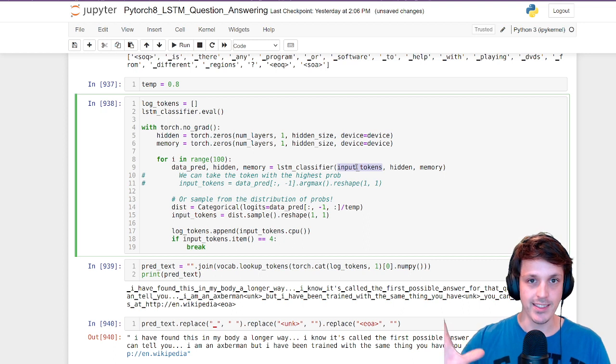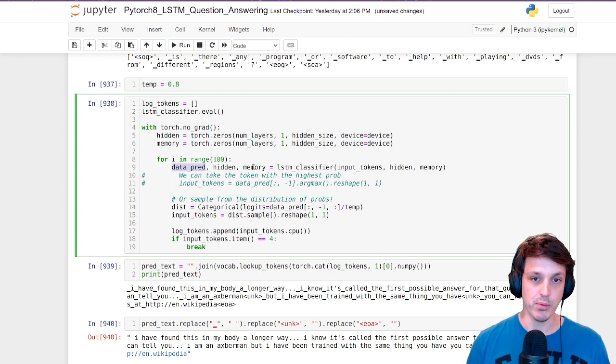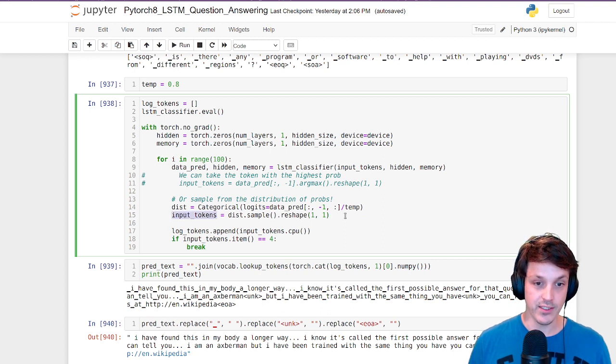It's like we've just passed it the whole thing at once, and we'll get the prediction for the next token, and that next token will be after the start of answer. So this will be the start of our answer. It will actually produce an output, like I've mentioned, for every single time step, but we only care about the last one here. So we index the sequence dimension, get the last one there, and then we're going to randomly sample. So divide the logits by the temperature, and then we do our sampling to get the next token,